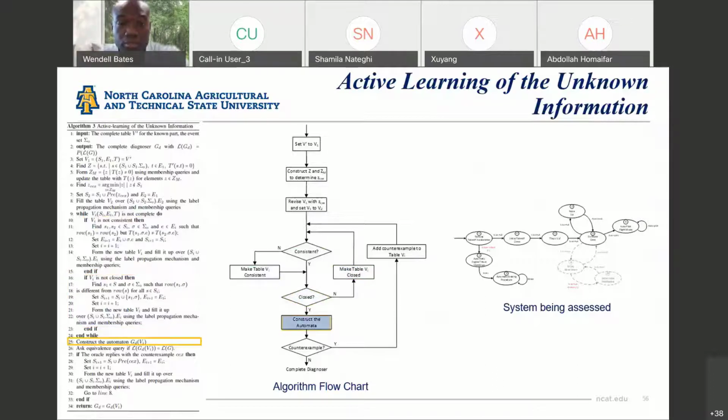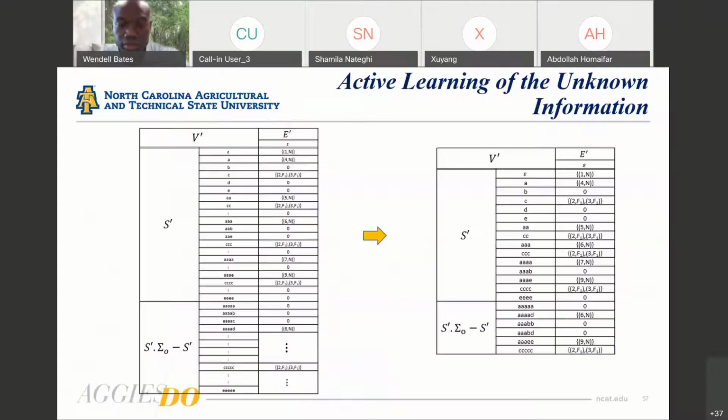And then if it is consistent and closed, we then construct an automata. We ask the oracle an equivalence query of the language. If the oracle says no, the languages are not equivalent, it will provide a counterexample, and you will then check for consistency and closeness again until you construct a language equivalent automata, and that will be your complete